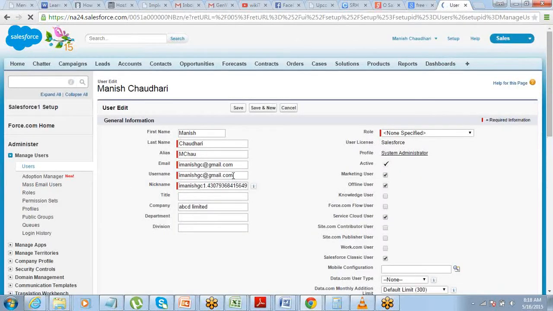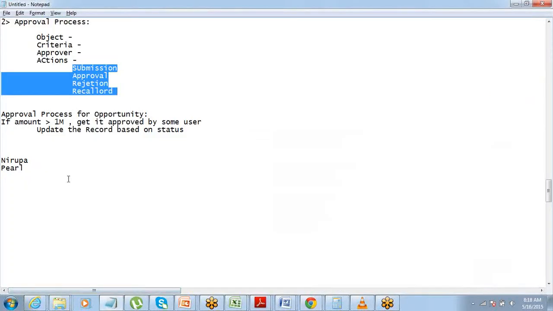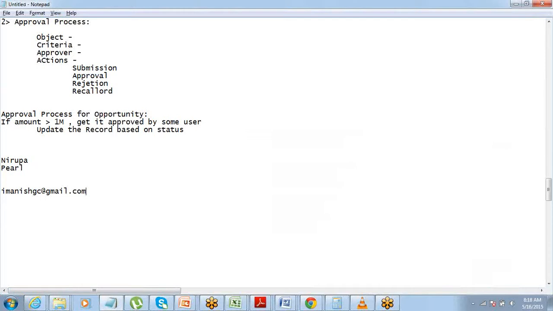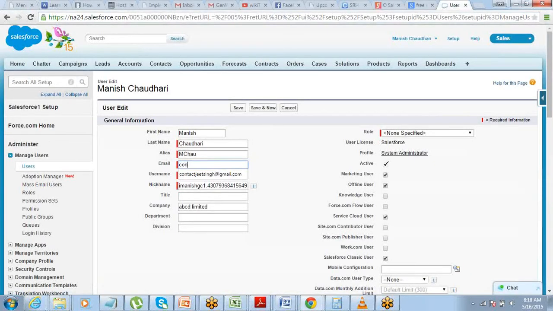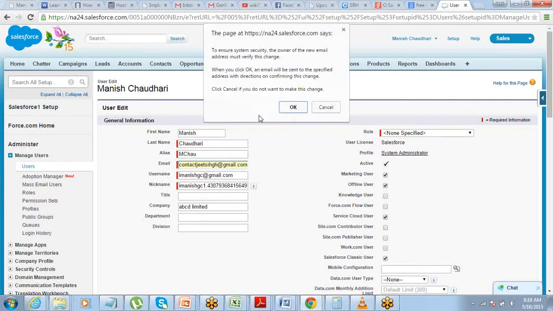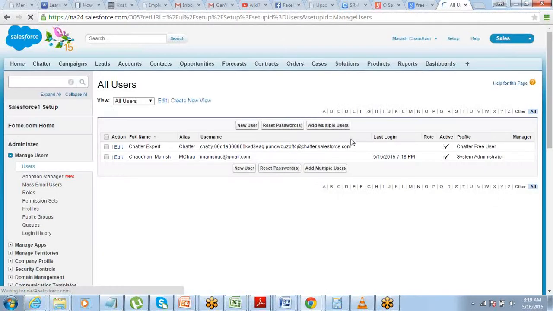Since Manish is not here, I'll change the approver to my email ID so that I receive the approval request, so that I can at least do that approval.